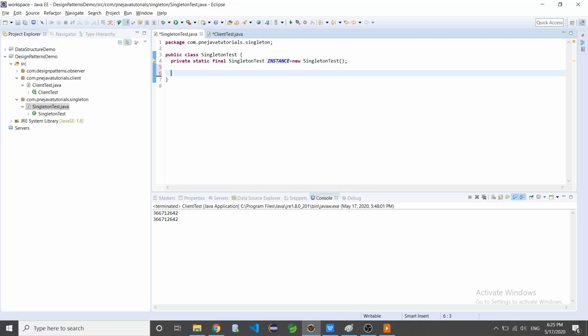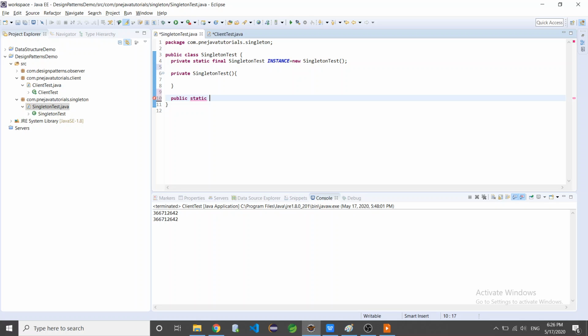Second is we have to make sure the constructor should be private, singleton test. Third is to make sure we provide a global access point. How can we provide it? Using public static, so that the object should not be created explicitly outside from other classes.